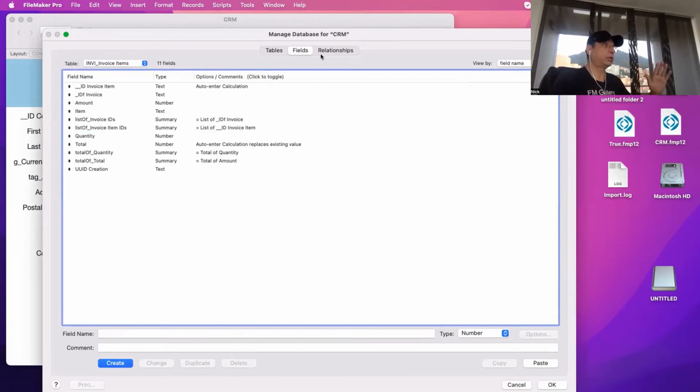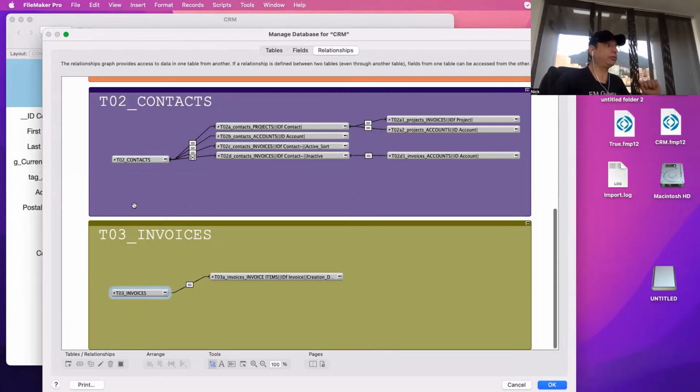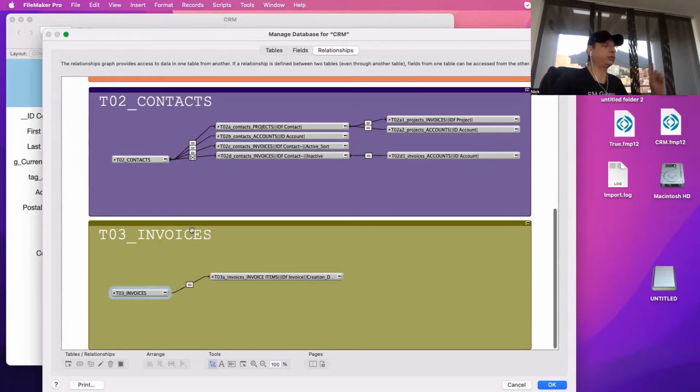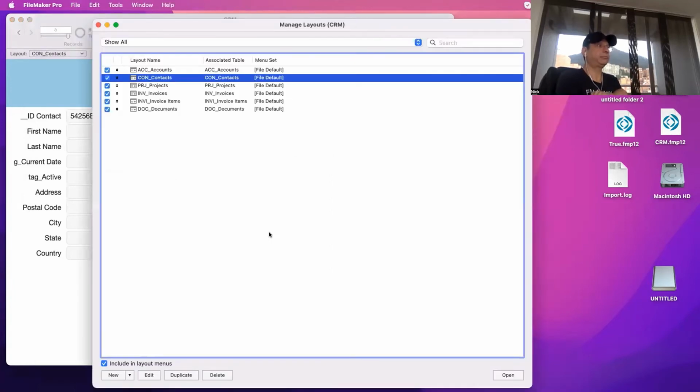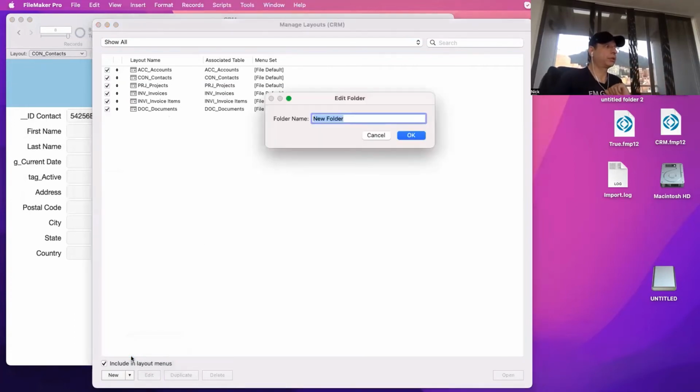So I'm going to switch for 2 minutes here to something else, okay? Now that I have those main tables, I have my main anchors. Okay? I can finally get there and start working on the layouts. Those layouts, I'm not going to touch them. What I'm going to do, I'm starting creating folders. First,